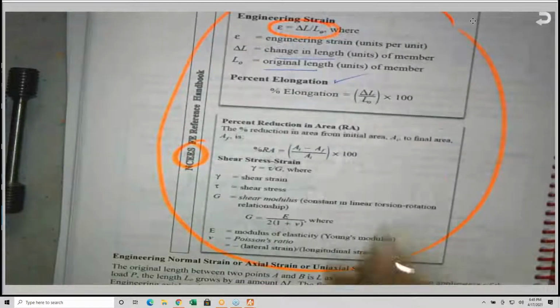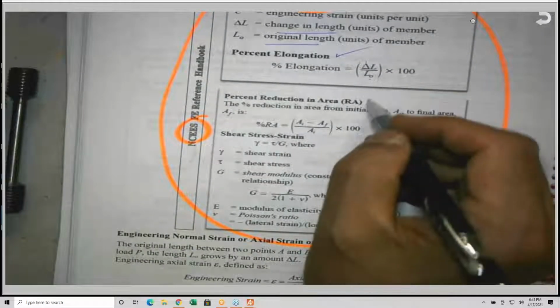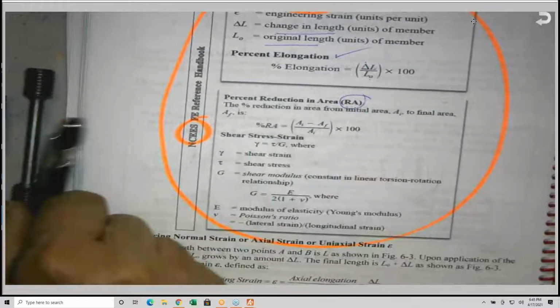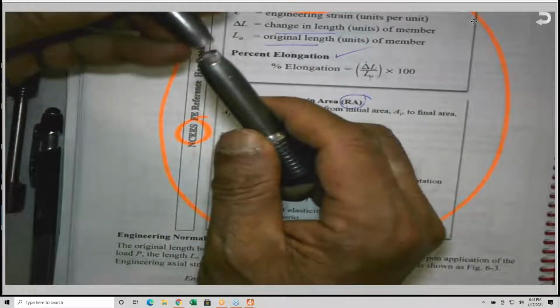Percent elongation is given by this equation. And we have an equation also for reduction of area after the specimen